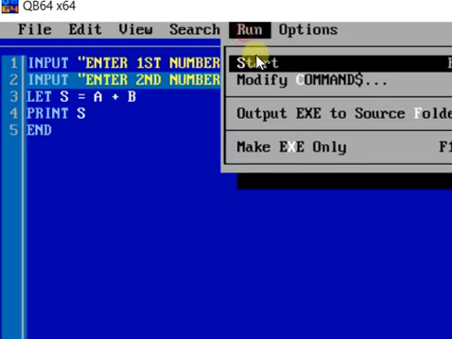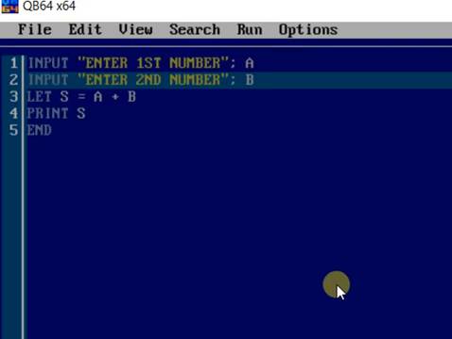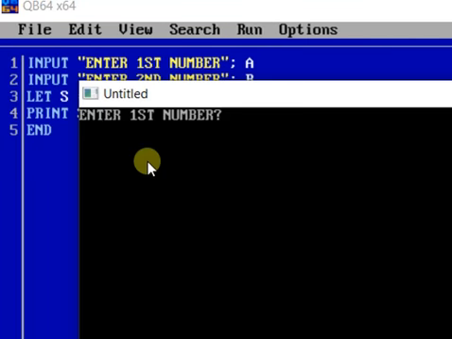Now if I execute it, here you can see the message is displayed properly so that the user can understand for what purpose he is giving the value. He is giving the value for first number. So enter first number is displayed due to these double quotes.